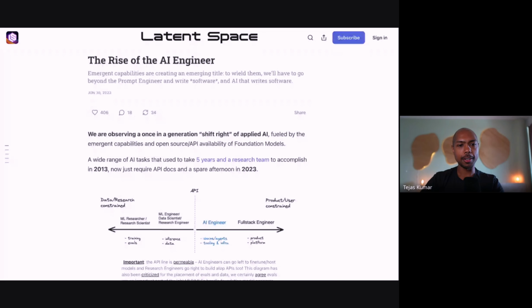To start with, I just want to make sure that we're all on the same page by understanding AI specifically. And we can talk, maybe together, about developer relations and what that is, because I'm assuming that many of you have a background in developer relations. That's why you're here. But AI is somewhat newer. AI is definitely newer than developer relations, right? So let me start by defining what AI is and what AI engineering is. For this, I'm going to use this great article by my friend Sean titled Rise of the AI Engineer. If you haven't read this, this is where you start if you want to start using AI well, and even just understanding what AI is.